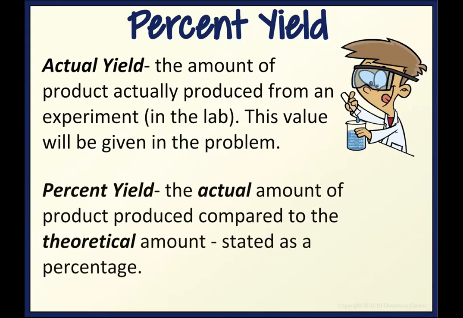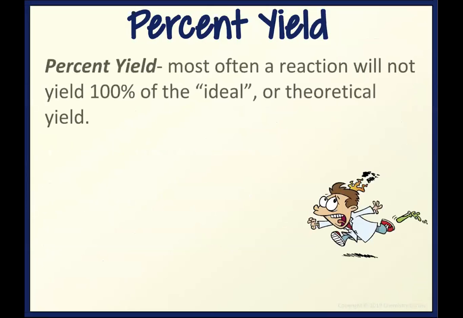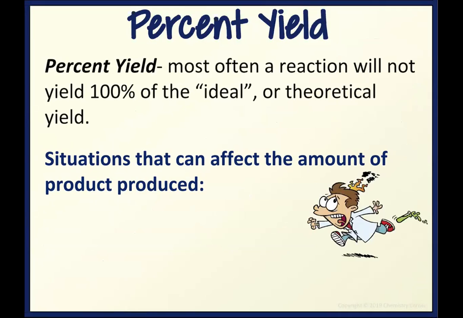Percent yield, which is what this section is called, is the actual amount of product produced compared to the theoretical amount. Okay, what did we actually get in the lab, and what should we have gotten? And we're going to compare them, and we're going to change it and state it as a percentage. Most often a reaction will not yield 100% of the ideal or theoretical yield. So situations that could affect the amount of product produced are